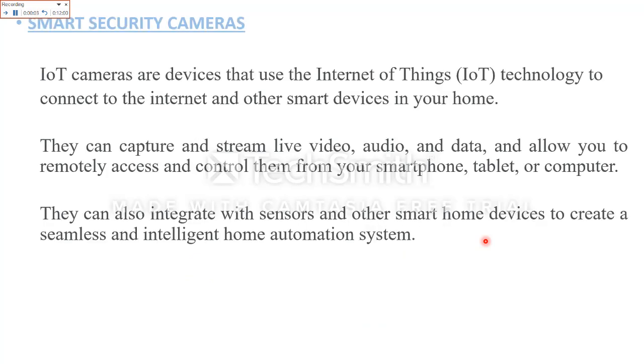Smart security cameras: IoT cameras are devices that use Internet of Things technology to connect to the internet and other smart devices in your home, so they can capture and stream live video, audio, and data, and allow you to remotely access and control them from your smartphone, tablet, or computer. So they can also integrate with sensors and other